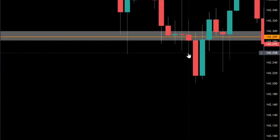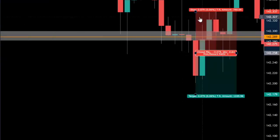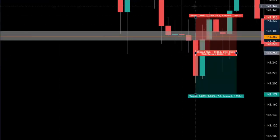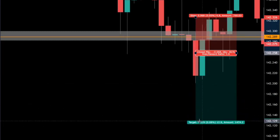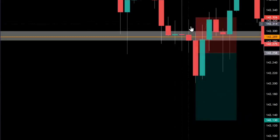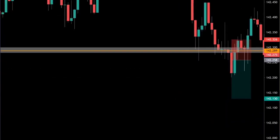Second trade was taken as we broke the low over here around 142,250. So if you bring this down over here, the sell was taken right over here around 142,250. Stop was kept around 6 pips away, and we anticipated price to continue down towards 142,140, 130, whatever the target was. And as price came down, now when you look to the left-hand side on the 15-minute time